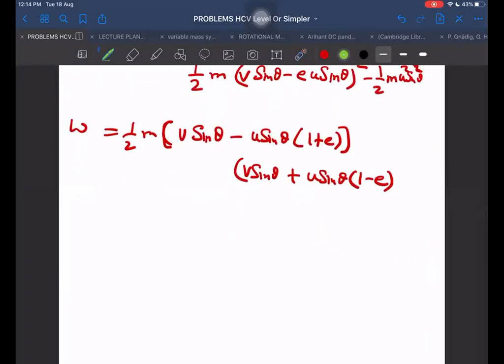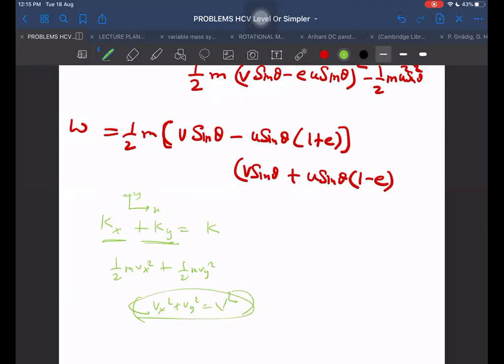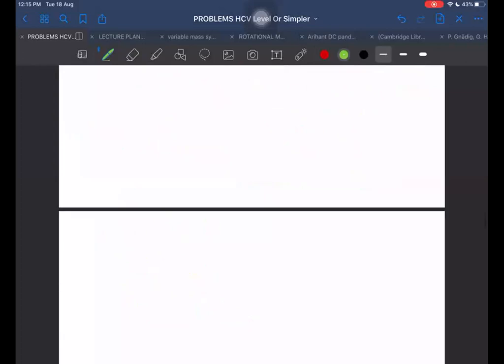Remember, kinetic energy is not a vector quantity. But even though it is not a vector quantity, I can always take kinetic energy separately like this: kinetic energy along x plus kinetic energy along y is equal to the net kinetic energy. I can do that, although it is not a vector, as long as x and y are mutually perpendicular. The reason is that we get half m vx square plus half m vy square, and we know that vx square plus vy square is equal to v square. This formula is always valid. Therefore, although kinetic energy is not a vector, we can write kx plus ky is equal to the net kinetic energy.